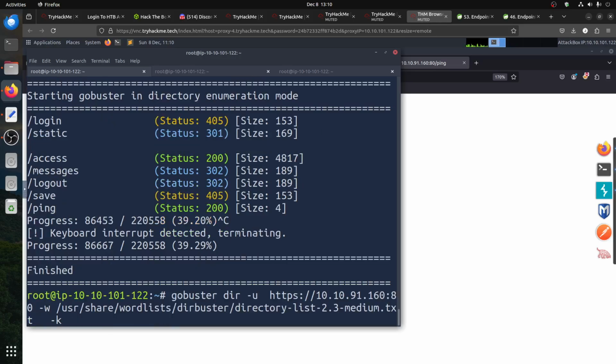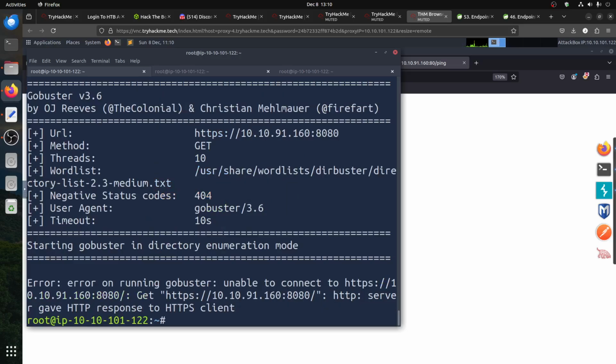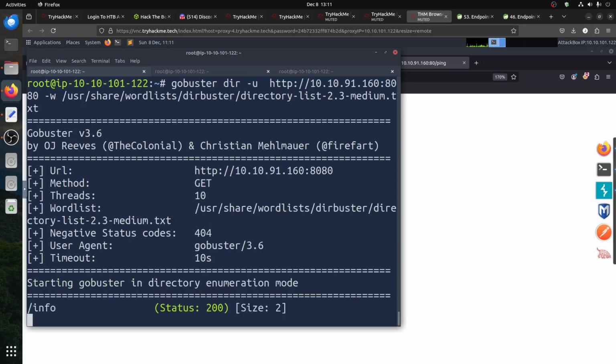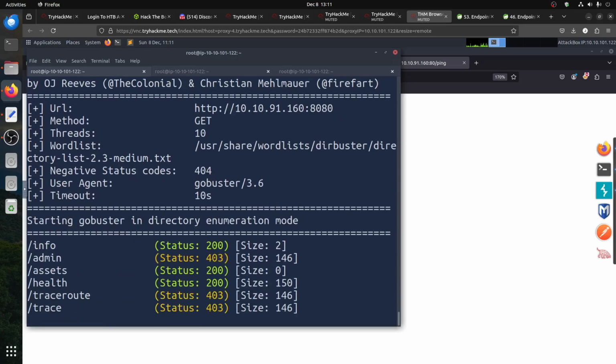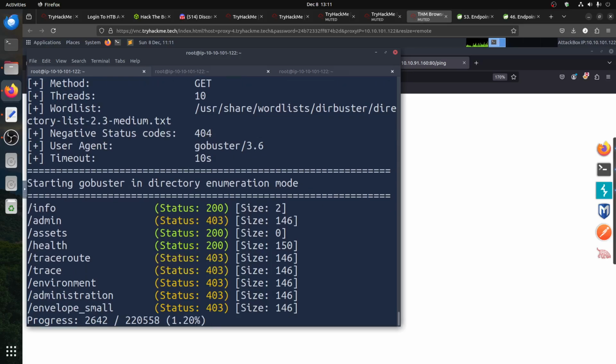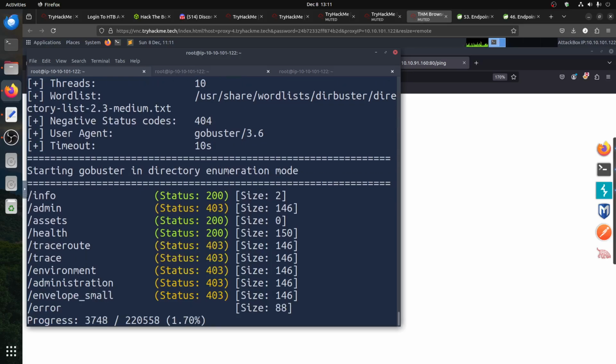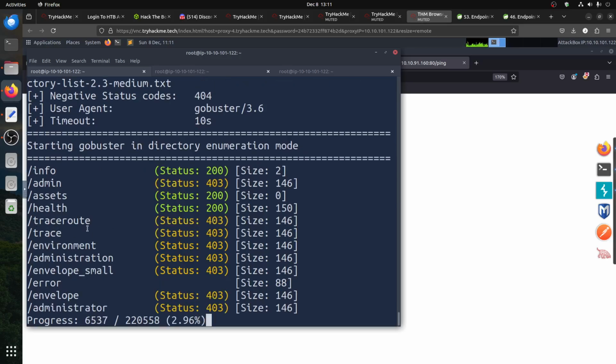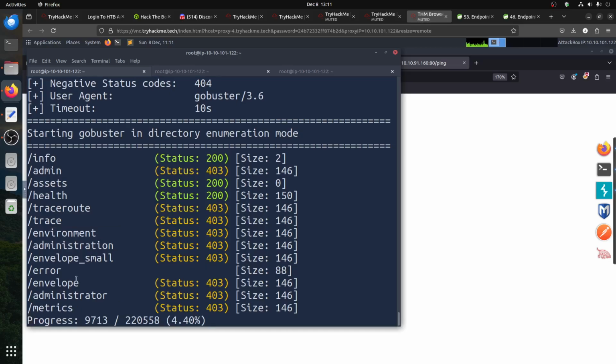Let's remove the -k for the moment, and let's go. This room is not about enumeration, it's key for it. Then port 88, no, it's not HTTPS, port 8080. So if I go check what's inside port 8080, oh, there we have a lot of stuff happening there. If you know this, you know it's a Java framework, because trace, root, environment, administrator, envelope,